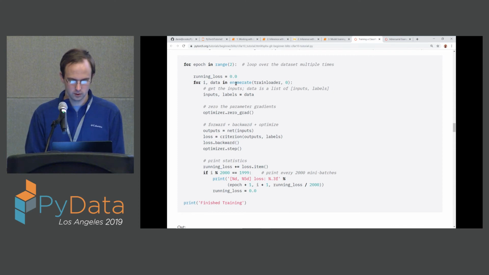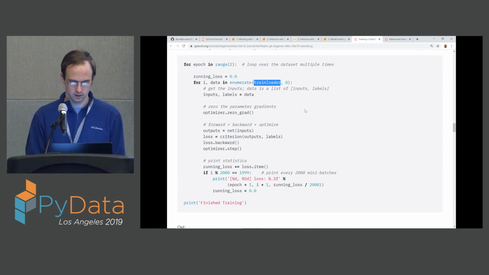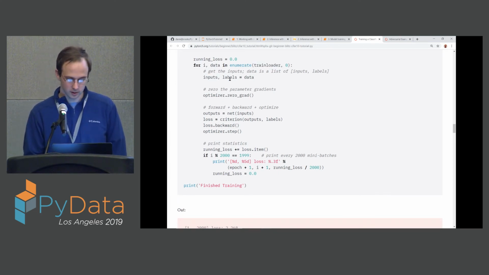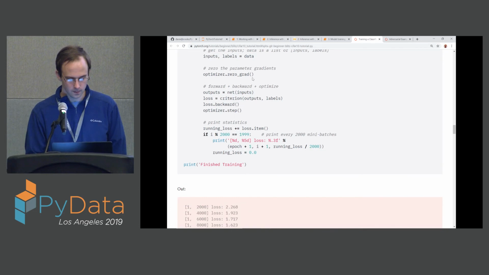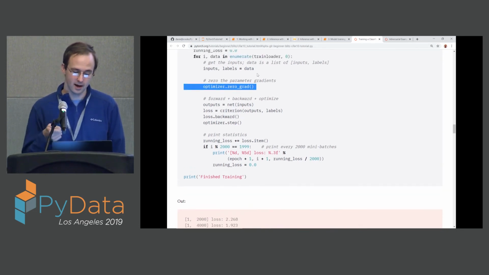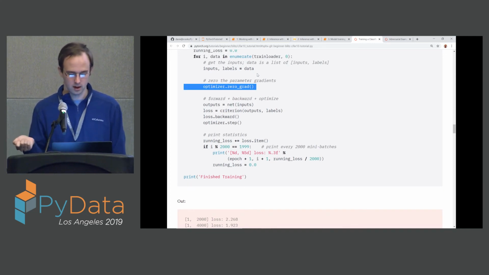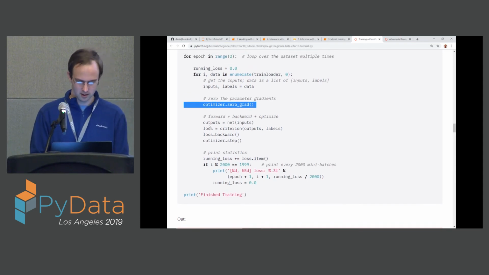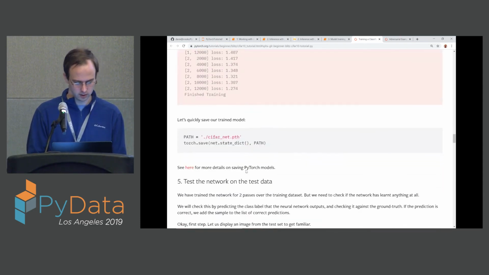So you go through data in your train loader. You get your inputs, typically images, and labels from the data set. This is important, actually. This is kind of a gotcha. Torch tensors have gradients associated with them. So when you're in training mode and you evaluate the network, gradients are being saved. And this can do some weird things. So I would recommend sticking with this sort of boilerplate code and using,